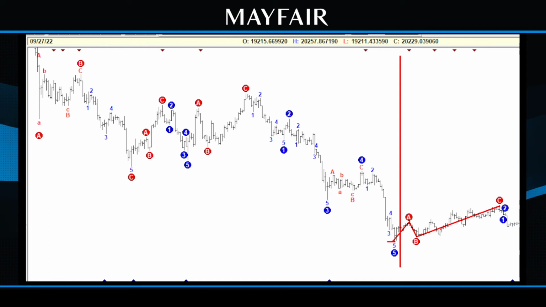So at the moment, it's pretty ugly in terms of the moves, but on a smaller scale, it is actually quite respectful. Now, what it's actually doing is respecting the ins and outs of the liquidity blocks, the auction areas, in terms of why it's doing what it's doing, right?